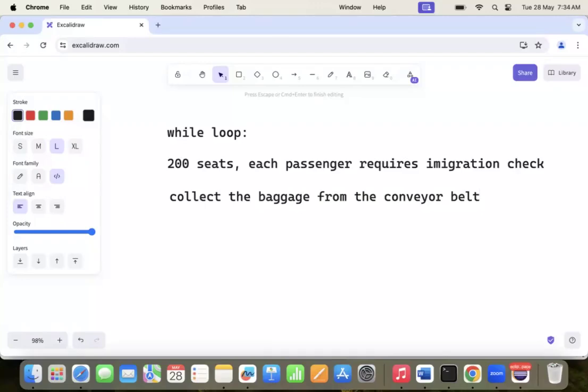They need to collect their baggage. Correct? Am I right? So the question is, there are 200 passengers, and let's say their baggage is, I don't know exactly,